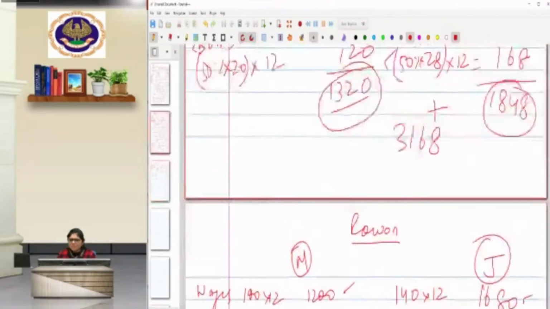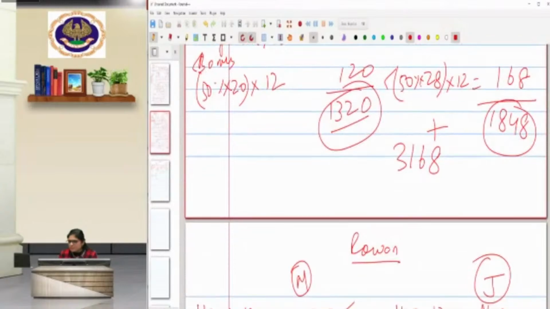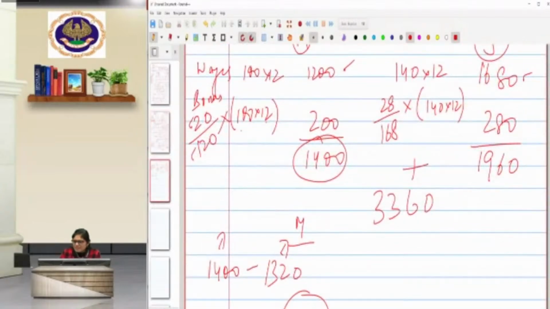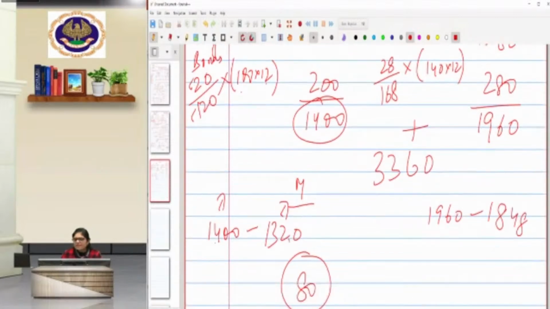Similarly for J, for Halsey it was 1848, and for Rowan, 1960. So 1960 minus 1848. So this was the incorrect rate as per Halsey, incorrect rate as per Rowan. Rowan has a greater loss, 1960 minus 1848. So 112 we would have incurred if we would have followed Rowan. So 12 is actually the loss, but if we had followed Rowan, we would have incurred extra loss of